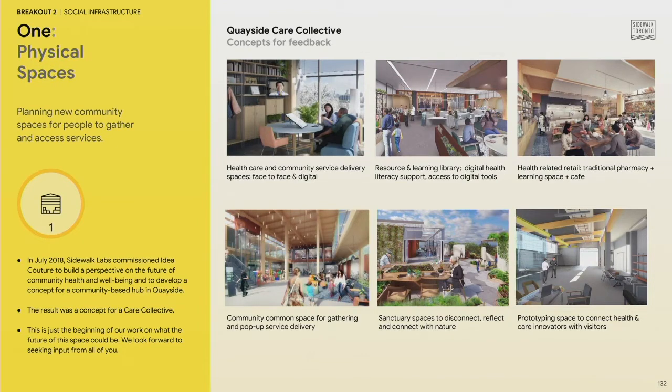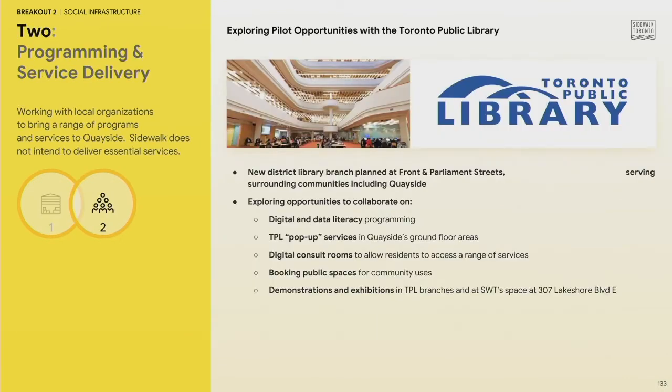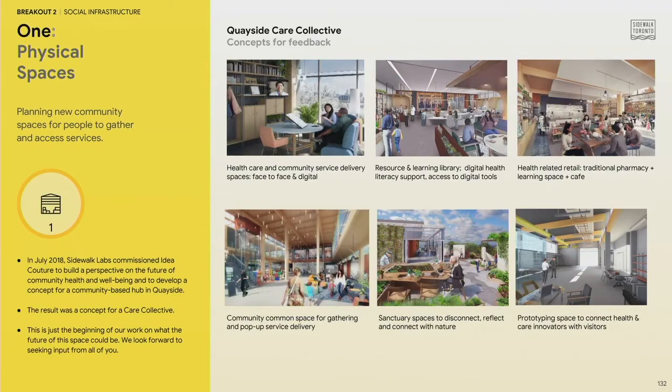One of the exciting takeaways from this work was to imagine 6 future community spaces that could support health. For example, we imagined a doctor's office that felt more like a home, and a sanctuary space where you could break from urban life and disconnect for a while. We also imagined a health resource library where you could go to learn about and check out new digital health tools, and a community health prototyping space where innovators could share their ideas and get feedback. These are all very early concepts and meant to start a conversation about what the future of community health and well-being can be. We look forward to sharing more ideas with you and also getting your feedback.